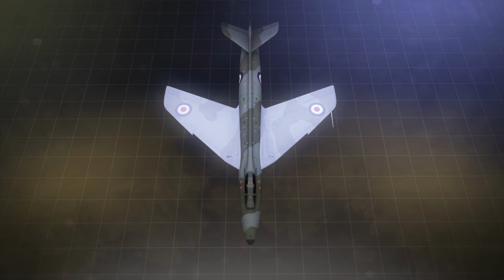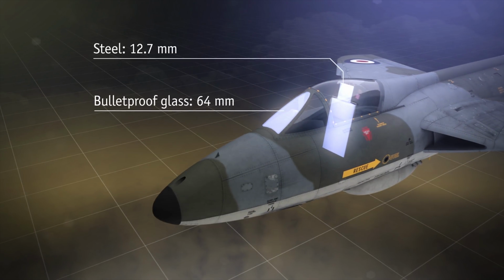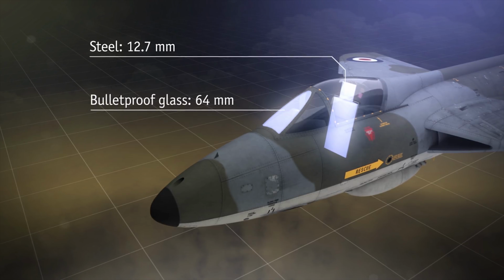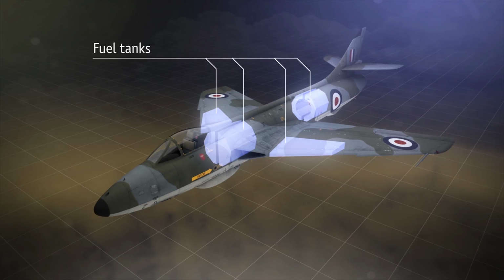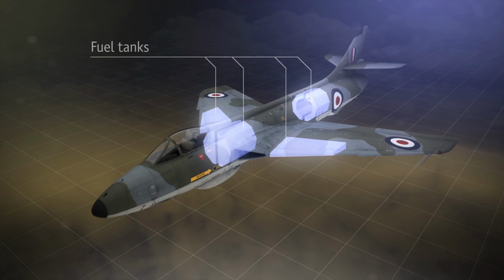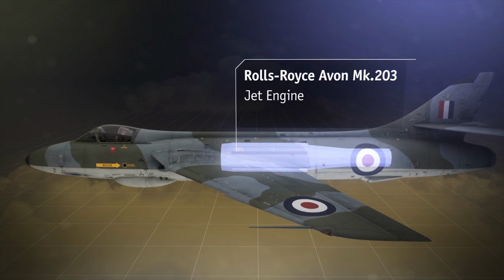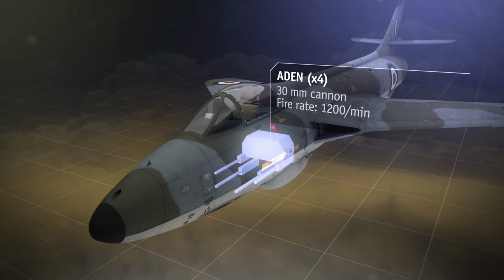Its swept-back wings are two-spar structures. The cockpit is reinforced by 64mm of armored glass and has 12mm of armor in the back. Behind it, as well as in the wings, are self-sealing fuel tanks. The heart of this jet is a Rolls-Royce turbojet engine, and there are four 30mm cannons right under the pilot's